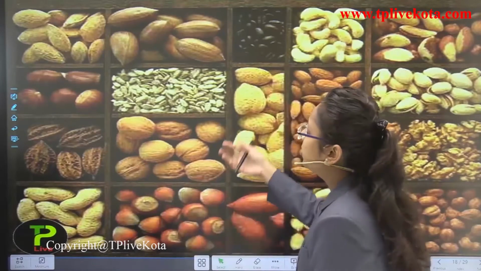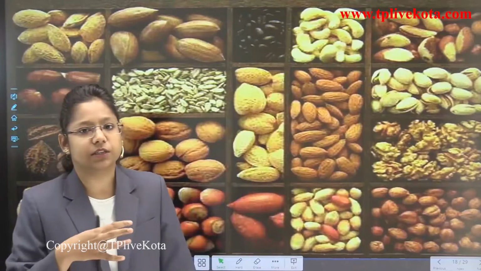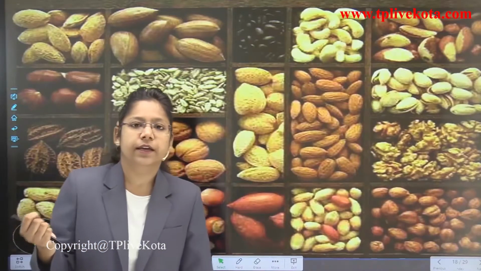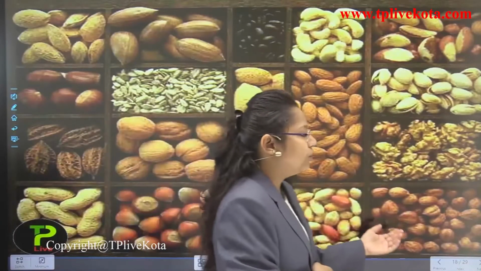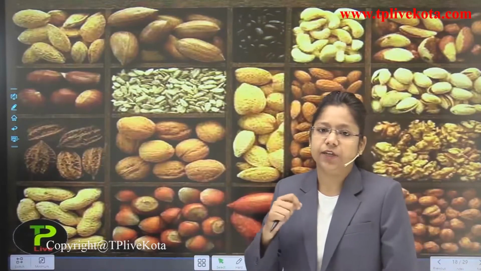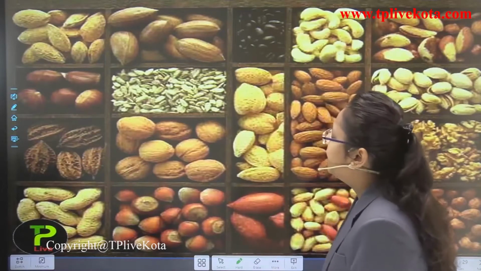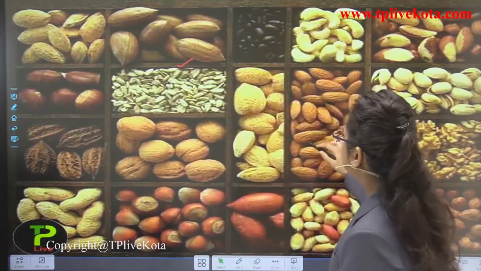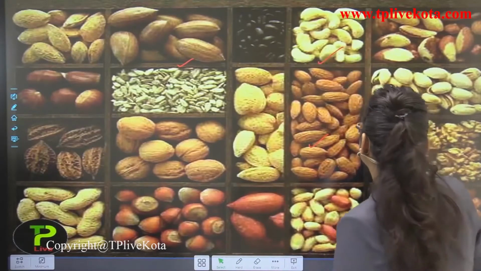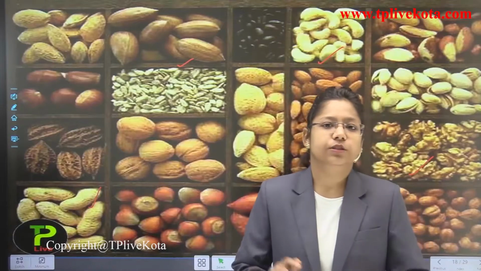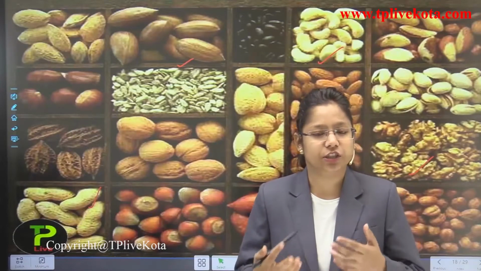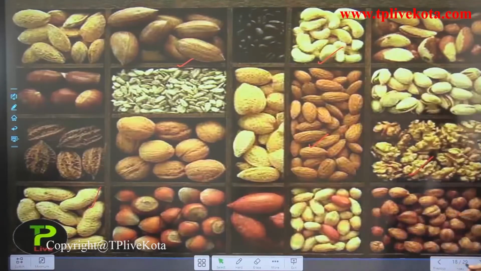Now you can see here why they are known as dry fruits. Why are we using the term dry over here? We are using the term dry because they can be stored in dry climatic conditions. They do not require a moist environment to get stored. And the second thing is that we do not have to cook them, we can eat them raw. Now you can see here almonds, and cashew nuts, here are the walnuts, here are the groundnuts, and many more. So you should eat dry fruits for the better functioning of your body. Now let's move on towards the next slide.